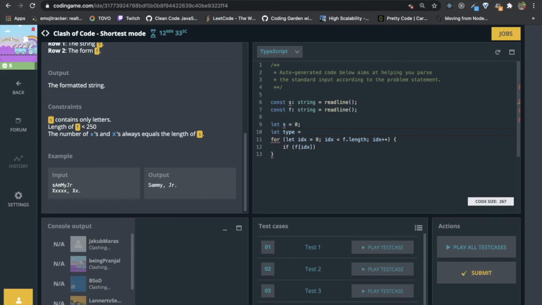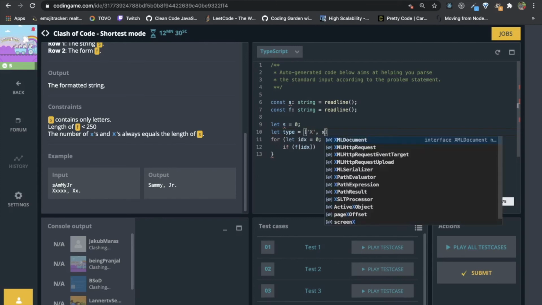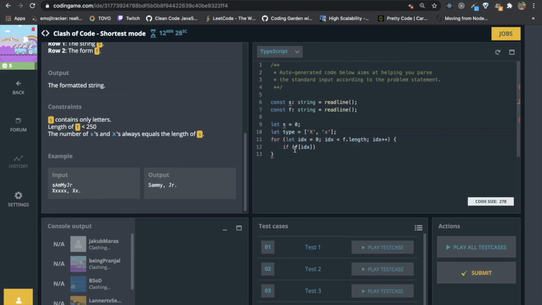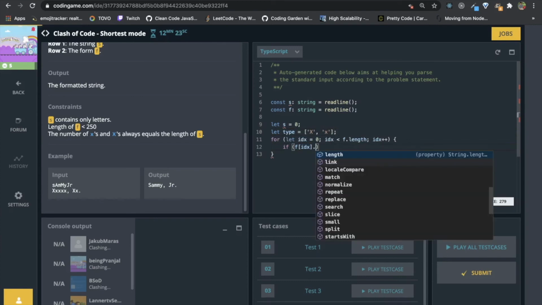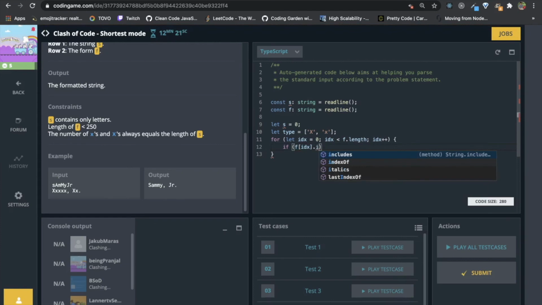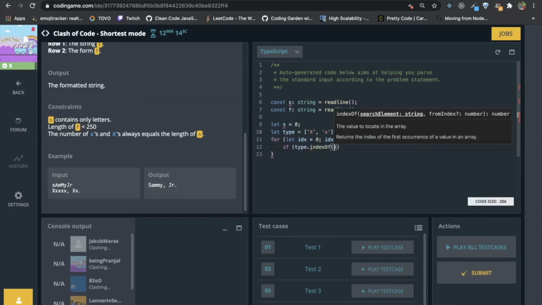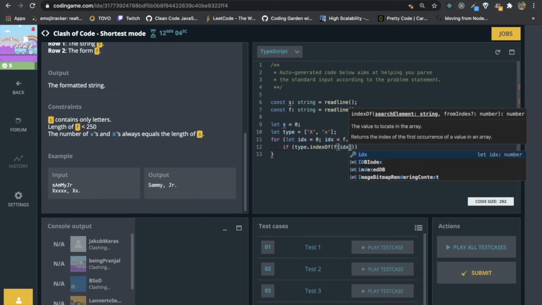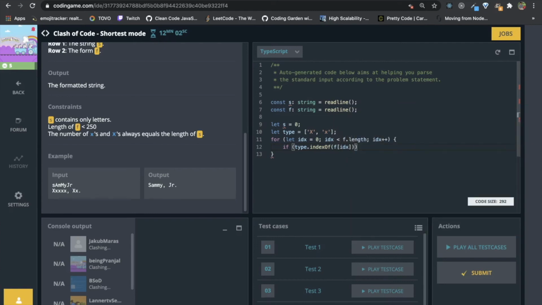Okay, so the type will be basically it can be capital X or small x, right? Type dot index of not equal to -1.